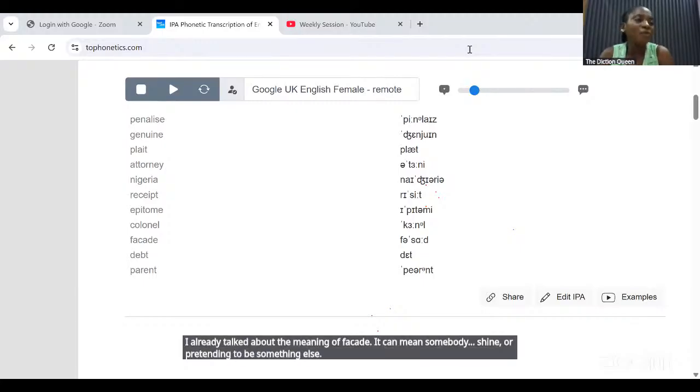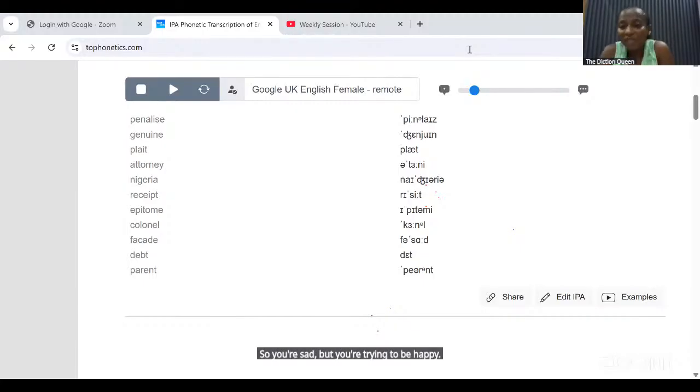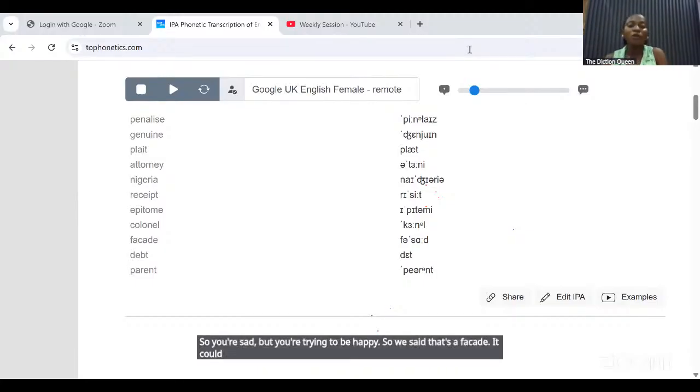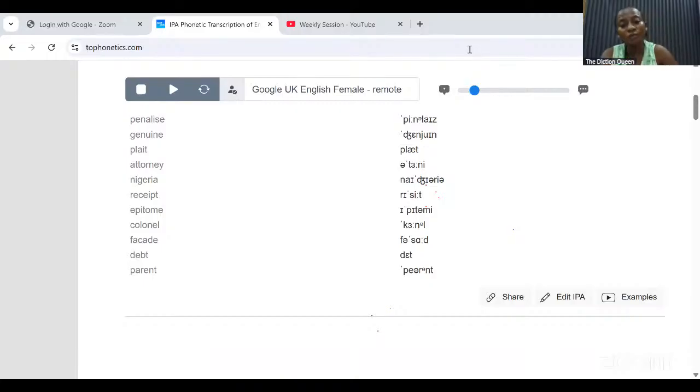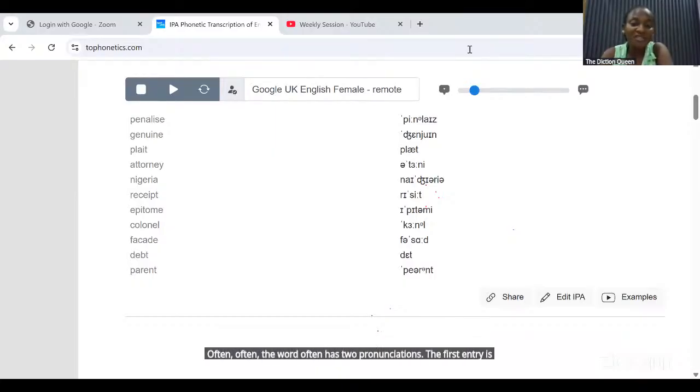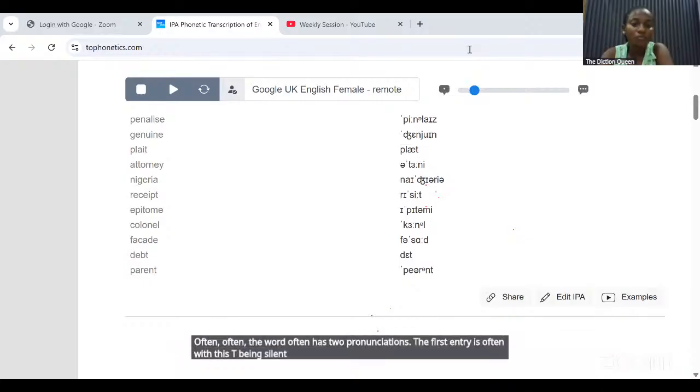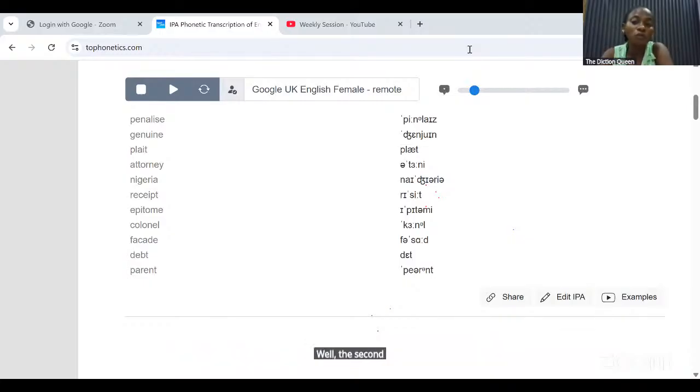So you're sad, but you're trying to be happy. So we said that's a facade. It could also mean the front of a building. Often. The word often has two pronunciations. The first entry is often with the T being silent, while the second entry is often. So some accents pronounce the T while